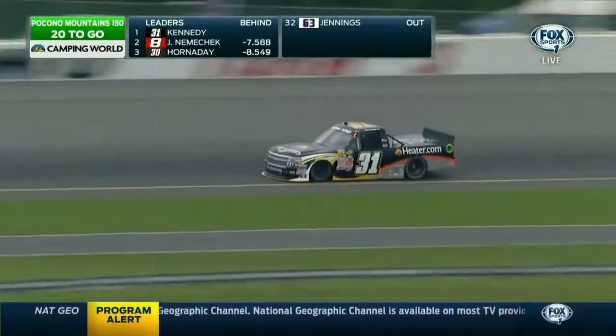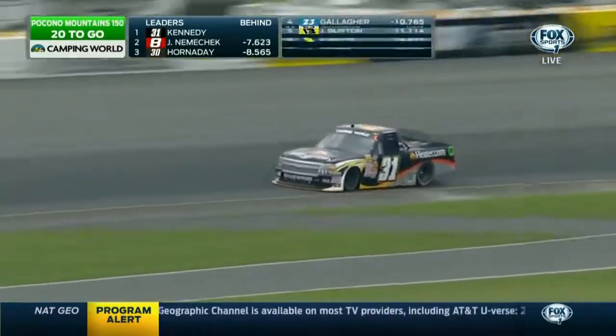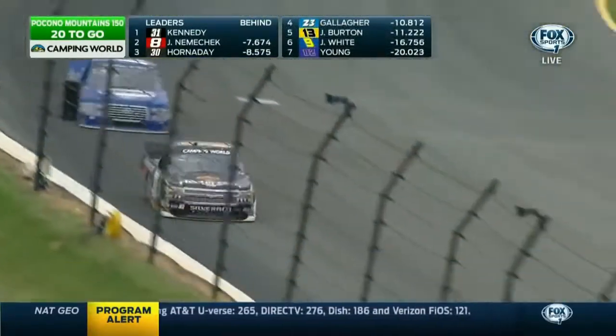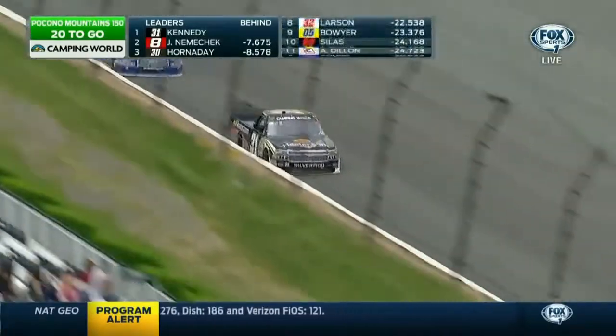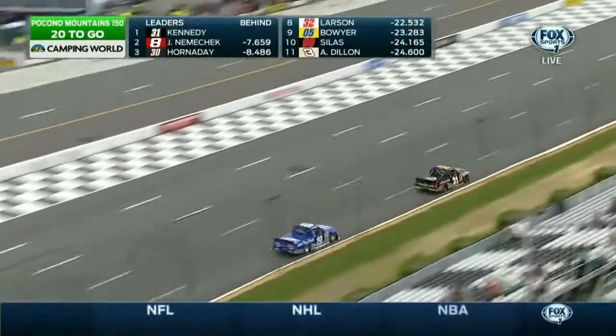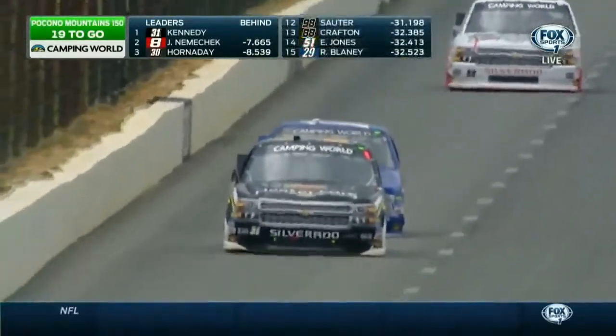And the complexion has really changed here, Steve. Absolutely. With the 32 truck having problems. Kennedy taking the lead. We've seen that truck be really fast all weekend long. Tyler Reddick is behind him there. He's a lap down. Can he get around Kennedy, back on the lead lap and have a chance to win